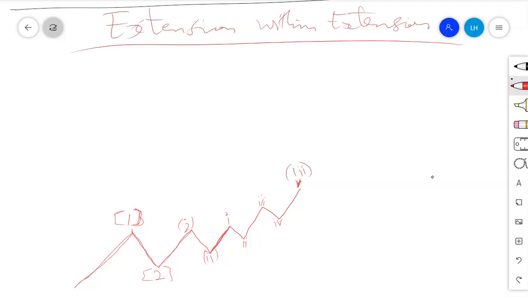So now completion of this intermediate degree third wave will be followed by the fourth wave. Now this will be the fourth wave. It has got brackets. This is the fourth wave of the intermediate degree, and finally we'll be having the fifth wave of the intermediate degree. Now completion of the fifth wave of the intermediate degree.